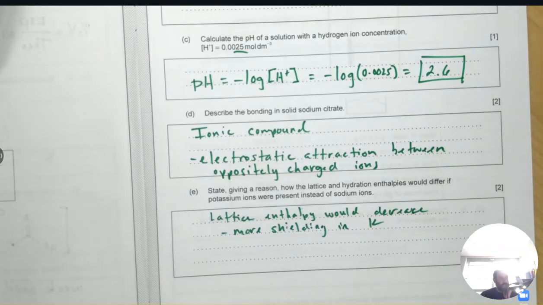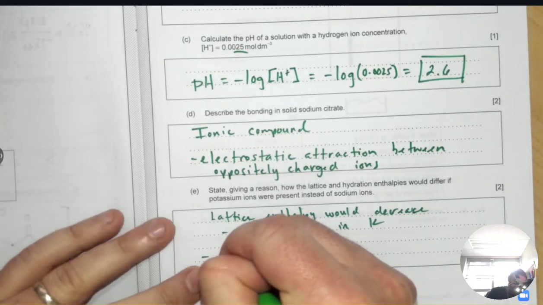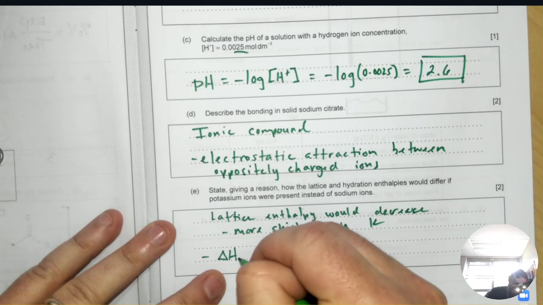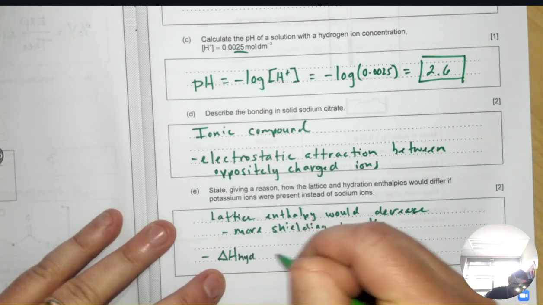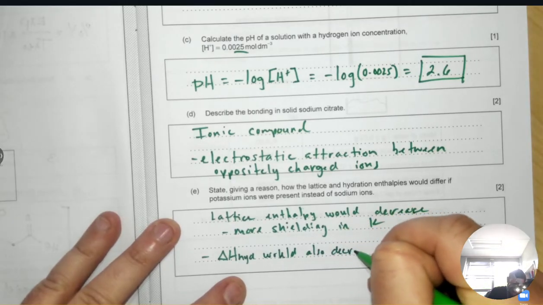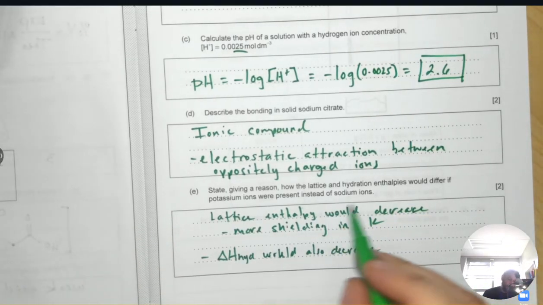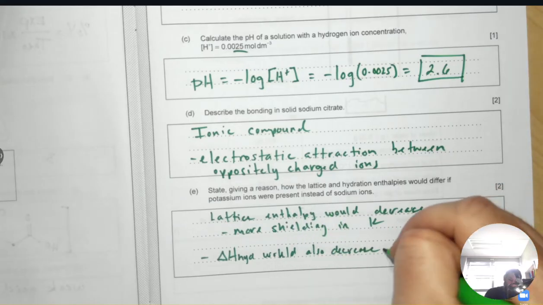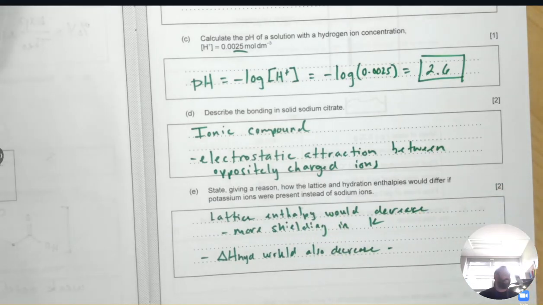Now for the hydration enthalpy, you could look in the data booklet, right? And you would see that delta H hydration would also decrease. I had a great reason for this in class yesterday, but I'm blanking now, so allow me to think for a moment. All right, I think what I would say is because of that shielding, hydration enthalpy is the enthalpy